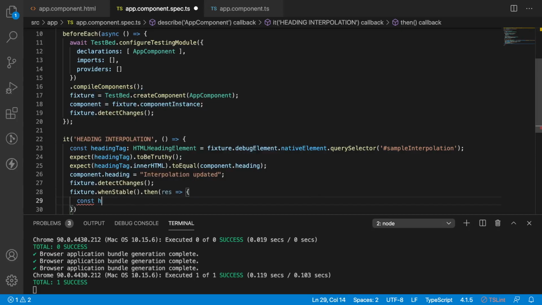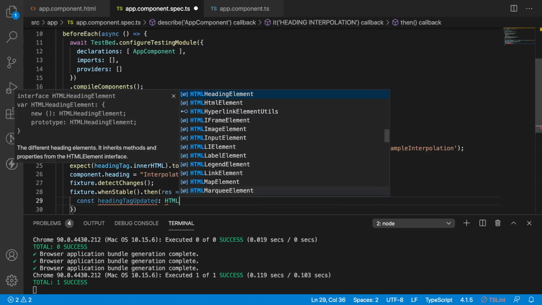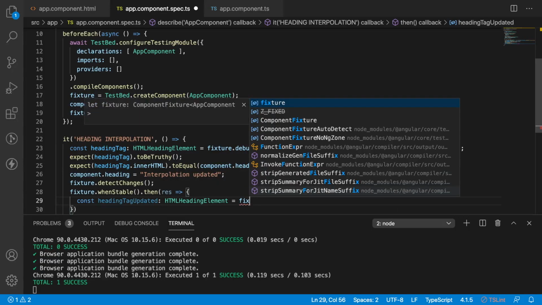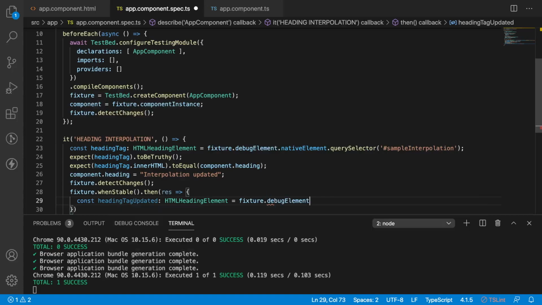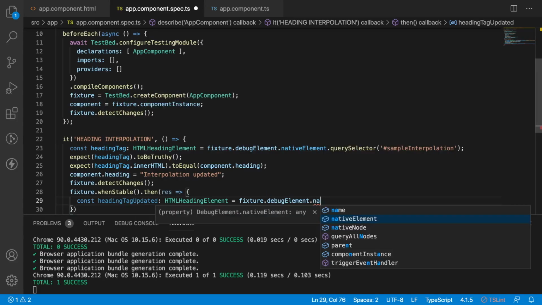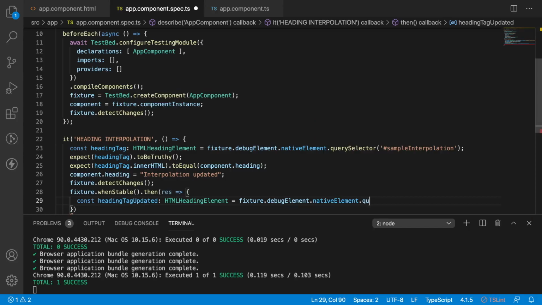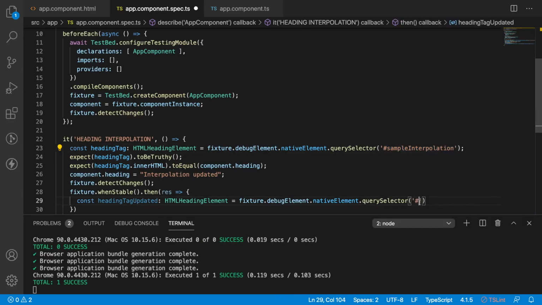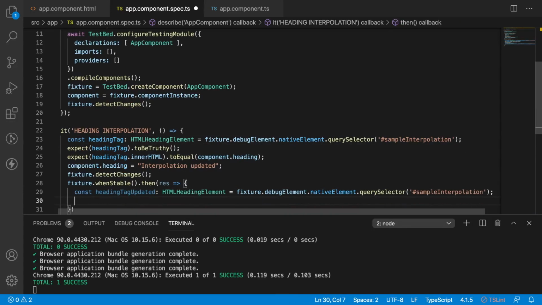So const heading tag updated, which is also an HTMLHeadingElement, and let me pass fixture dot debugElement dot nativeElement dot querySelector of hash sample interpolation. You have to get it because the value of the element has been updated.